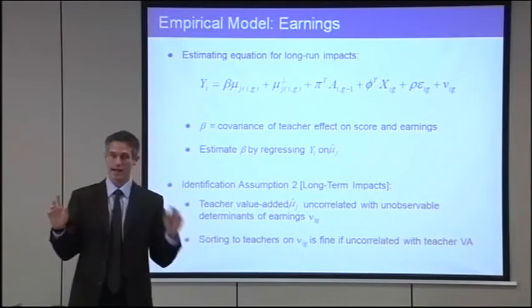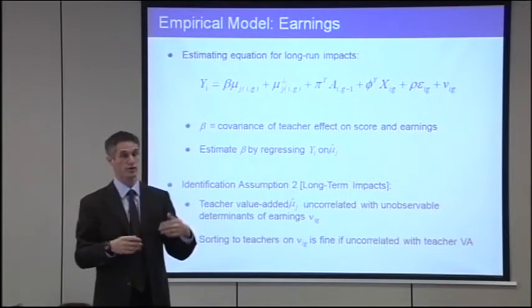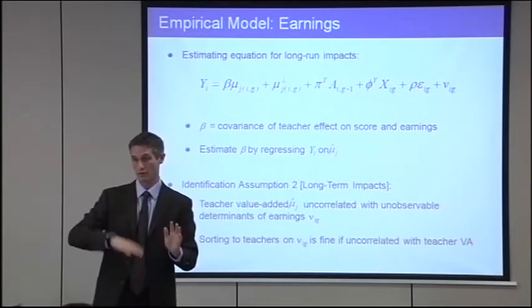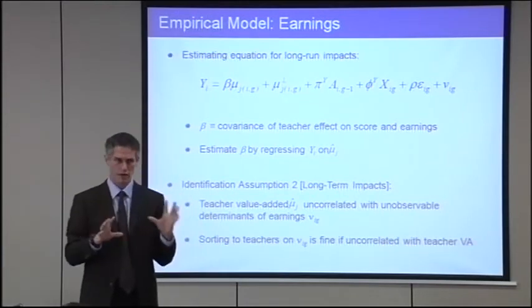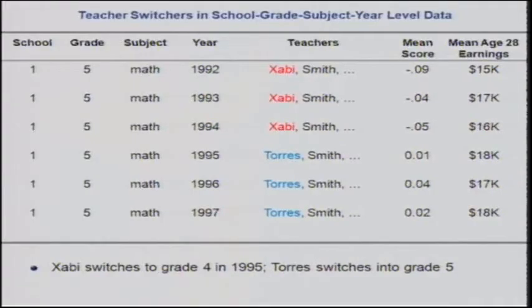That's okay, as long as the factory owner's kids aren't being sorted to a teacher that has necessarily high or low value added. Okay, so it's a slightly weaker technical assumption. The substitute comes in, Torres comes in, and teaches in grade 5. If Torres is supposed to be very high value added relative to Xavi, then overall, average test scores across all 5th graders, not just their 5th grade classroom, but all 5th graders, should go up. And that's what I'm seeing here.